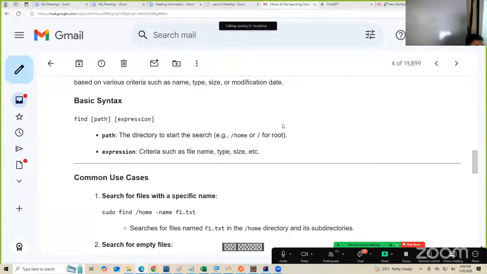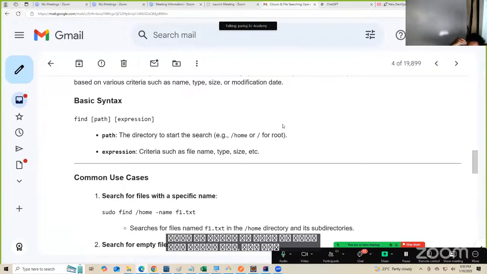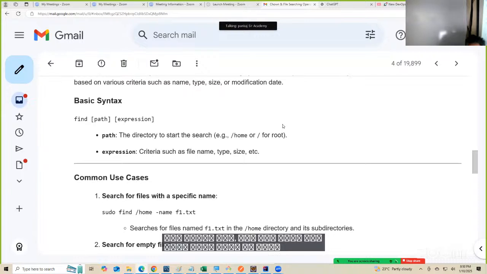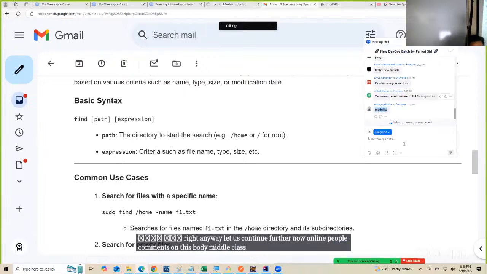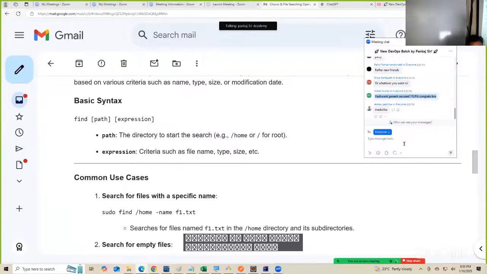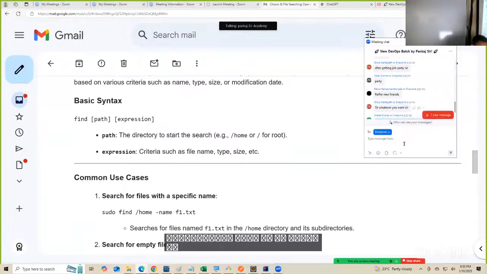ए, मेरे को नहीं बोलना है भाई, थक गया हूँ मैं 15 साल से बोल बोल के, ये प्लेस्ड हो गया, वो प्लेस्ड हो गया। कौन प्लेस्ड हुआ, कौन नहीं हुआ, मेरे को बोलना ही नहीं है, राइट? एनीवेज, लेट्स कंटिन्यू फर्दर नाउ। ऑनलाइन पीपल कमेंट्स ऑन दिस, बोलते हैं मधु लोग, आप लोग जाओ, मुझे नहीं जाना है, राइट? यशवंत गणेश सेक्योर्ड 11 एलपीए, कॉन्ग्रेचुलेशन ब्रो।